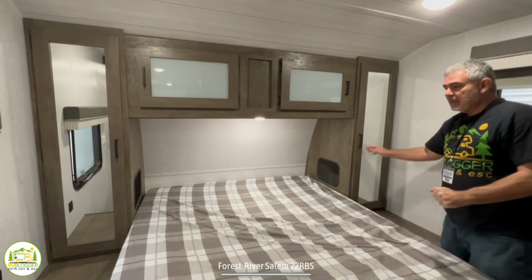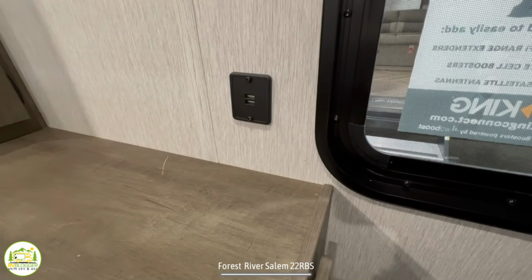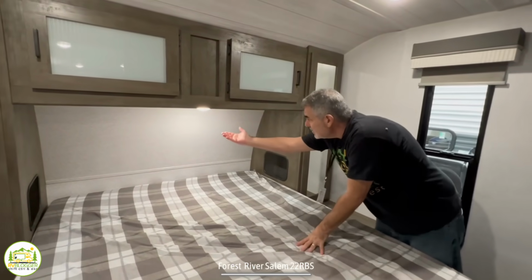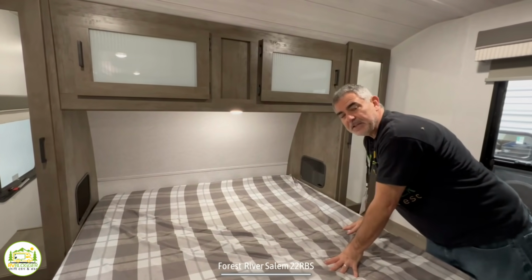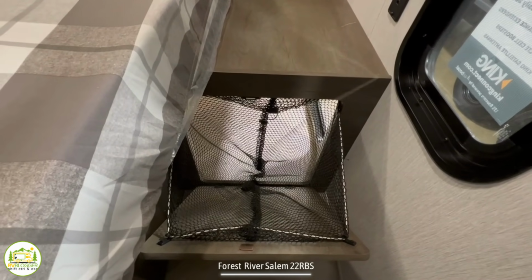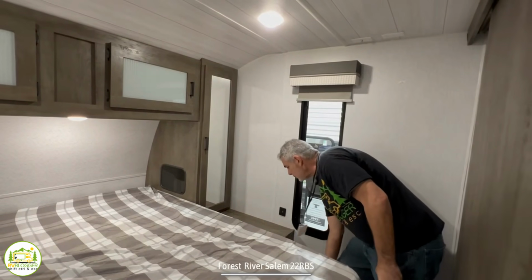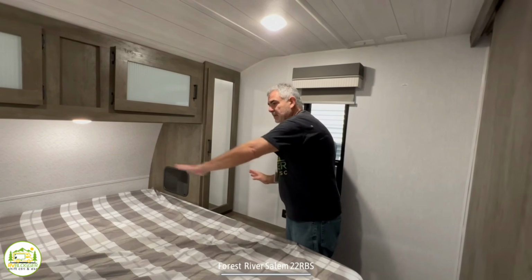And each side also has a very large end table that's available, and over top of each end table are 2 USB ports. Finally, there's a light underneath here that you can turn on and off. So you have a little reading light feature. And then on this side of the bed, there's even a little laundry chute. It's got a little net in there, so you can throw your dirty clothes in there. When you close the door, your clothes actually end up in the storage compartment that runs from side to side